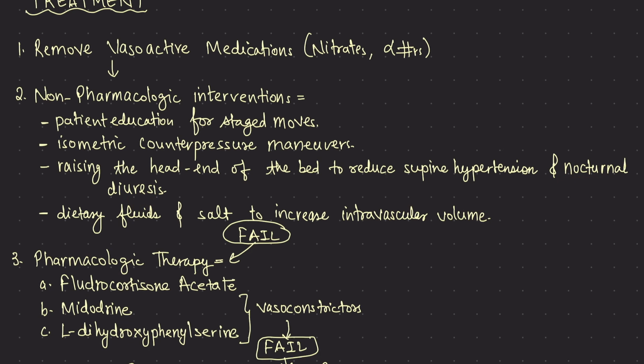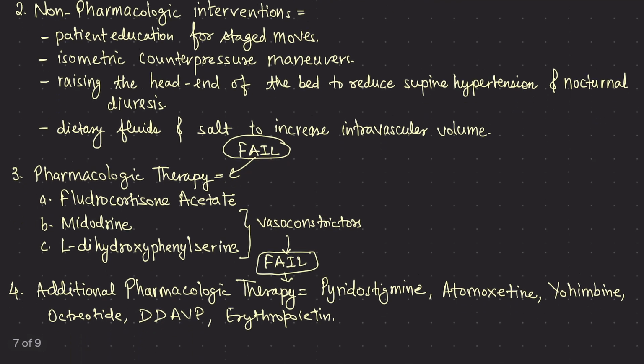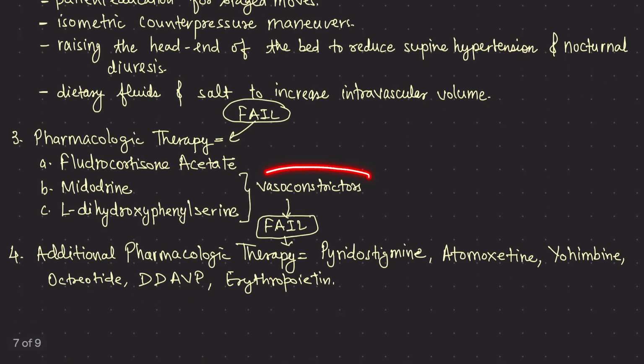Dietary fluids and salt to increase the intravascular volume. Right, fluids and salts can also be administered. If these non-pharmacological interventions fail, then we have to institute some pharmacological therapies in which there is fludrocortisone, midodrine, dihydroxyphenylserine. These are the vasoconstrictors, right? If they fail, we have to give some additional pharmacologic therapy, which consists of pyridostigmine, atomoxetine, yohimbine, octreotide, DDAVP, and